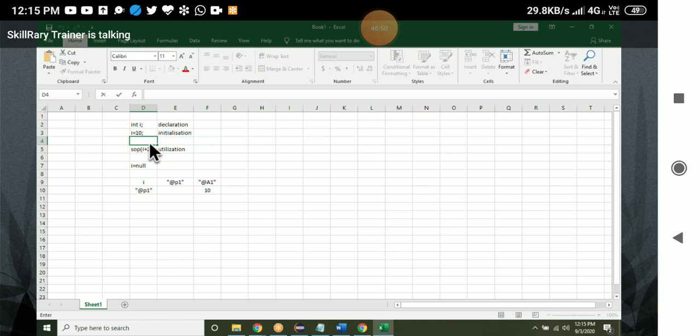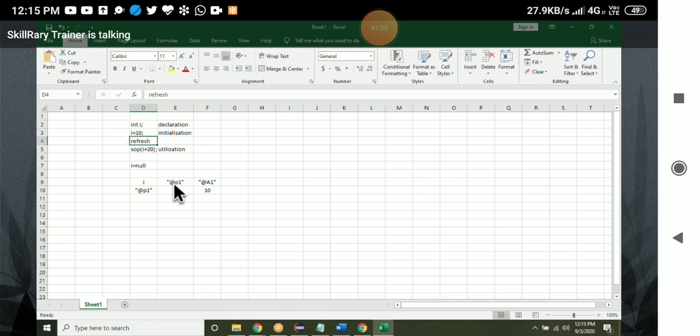If I refresh in between, after initializing, after putting the address, initializing means what? We are storing the address inside a variable. The variable will be holding the address. After storing the address, if you refresh and I execute this one, it will throw stale element reference exception, because once you refresh the page, here first you're storing a null value, then it will be holding @p1,